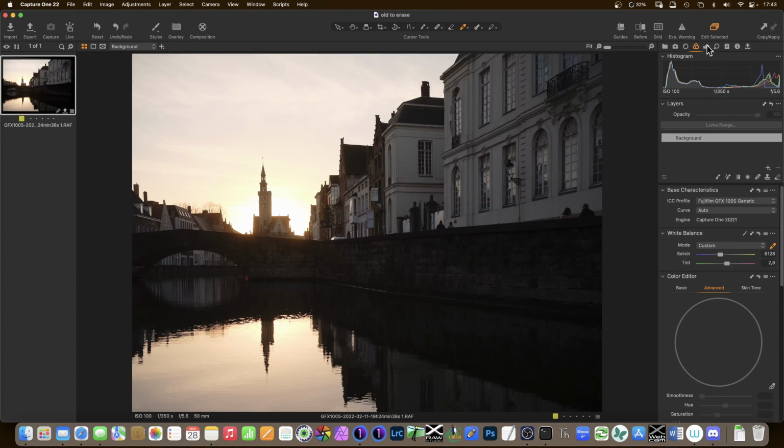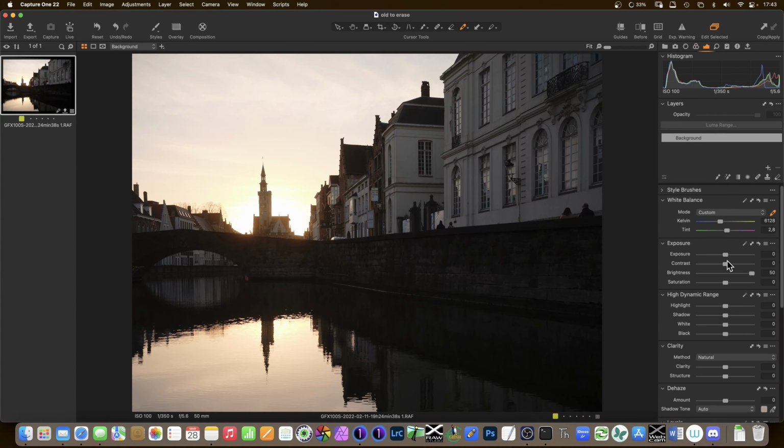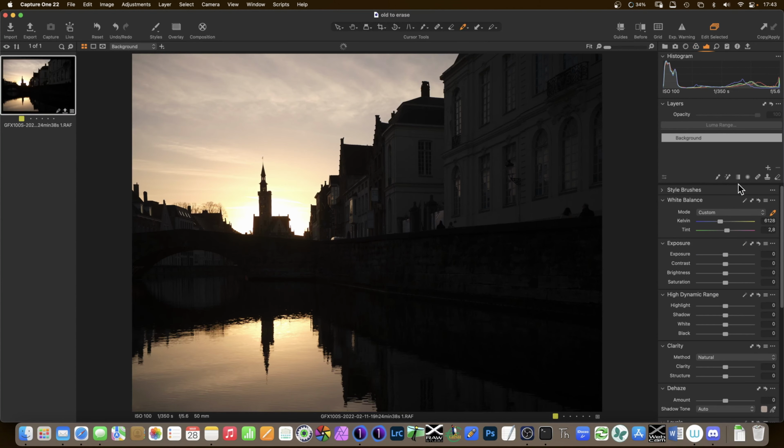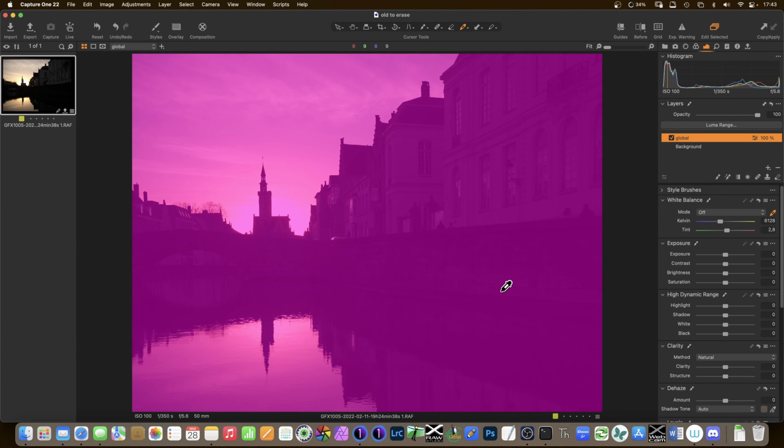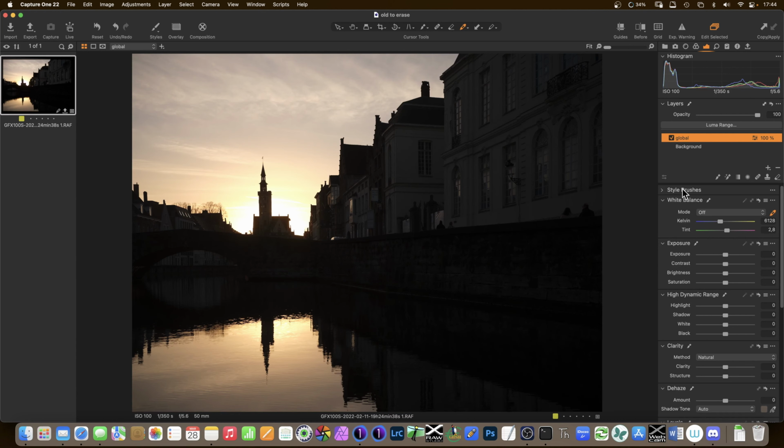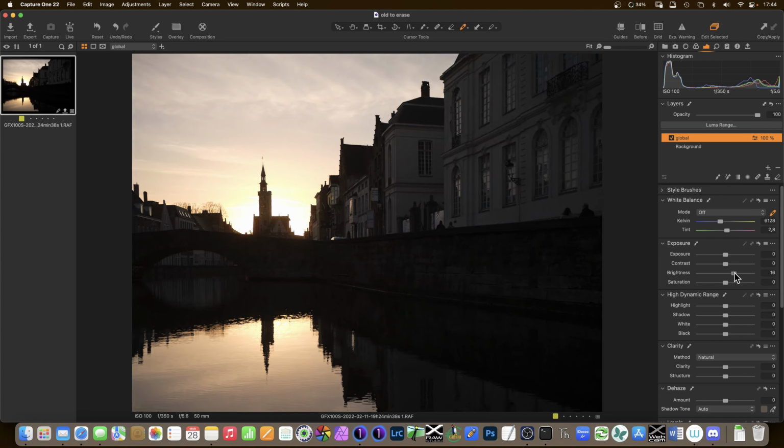Now let's go back to the tab with the exposure. Let's reset the brightness. Usually what I do is I make a new filled adjustment layer, which I'll double click on and call global, which enables me to do changes that are reversible just by switching the layer on and off. You'll notice my masks are magenta because I can see them better. So if I up the brightness a little bit,